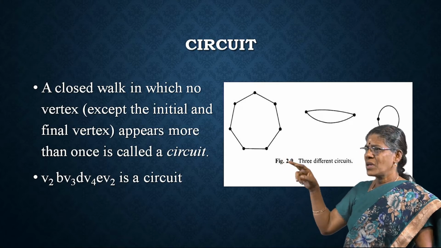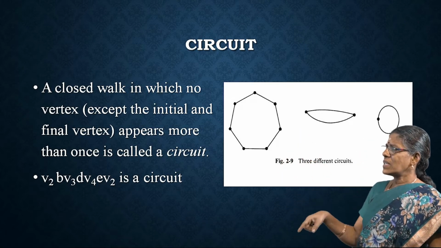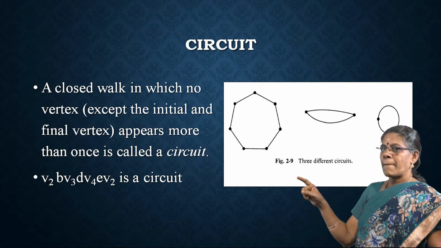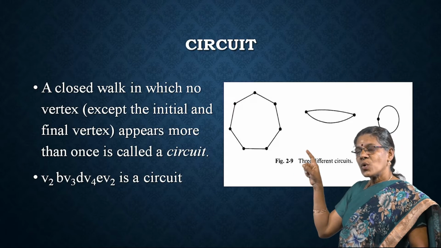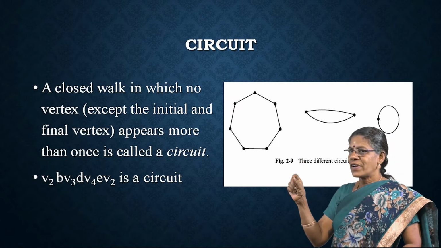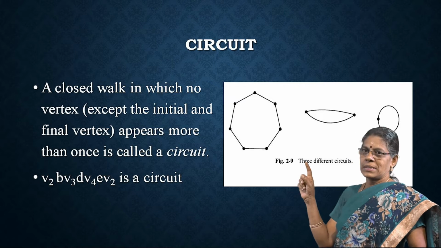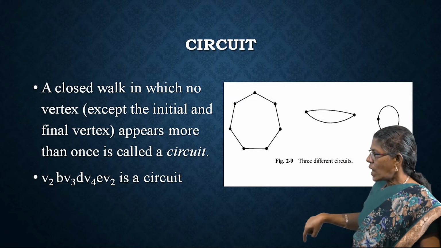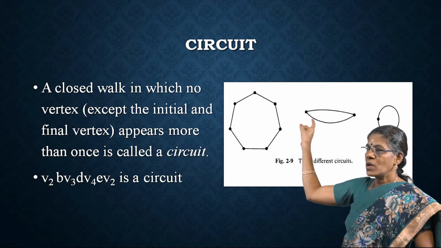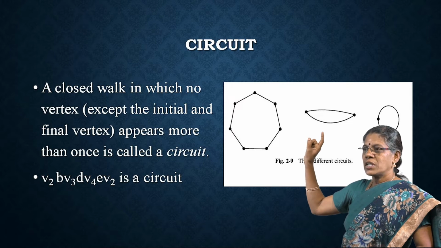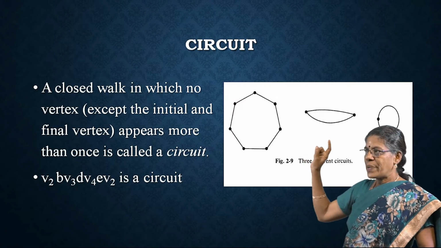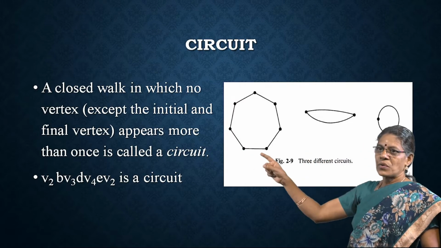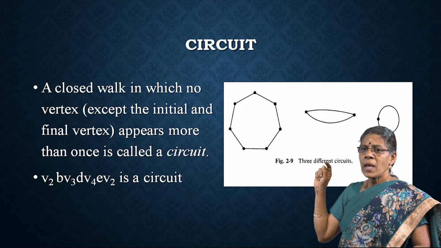What is meant by circuit? From the name itself we can guess. A closed walk in which no vertex, except the initial and final vertex, appears more than once is called a circuit. We start, come round and end with the same vertex. In the figure, 3 different circuits are given. Okay. Next,